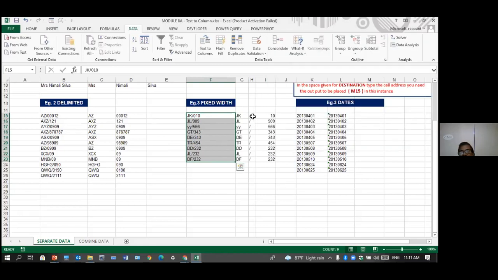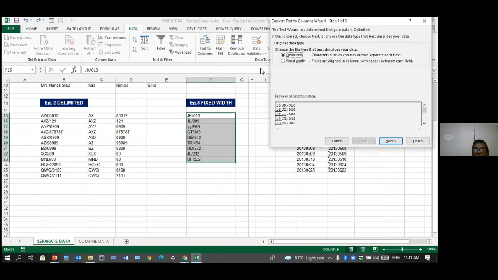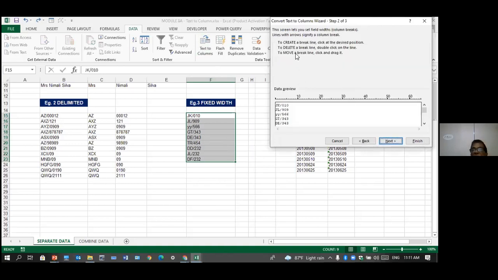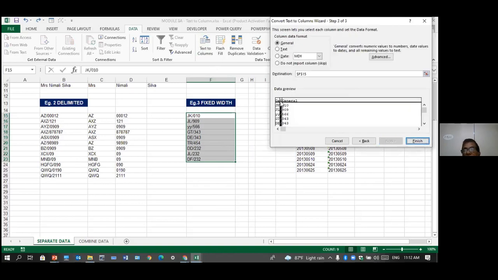There you go, the slash. But this one I don't want. So I'll undo it. What do you do then? If you don't want any part of it to be taken, you can remove that also. Let's say text to column, fixed width, next, select, click. If you double click, it will go off. Click again. And you go to next. And select this, whatever you don't want, you select from here and say do not import. If you want only the last 3 numbers, you can select both and say do not import.